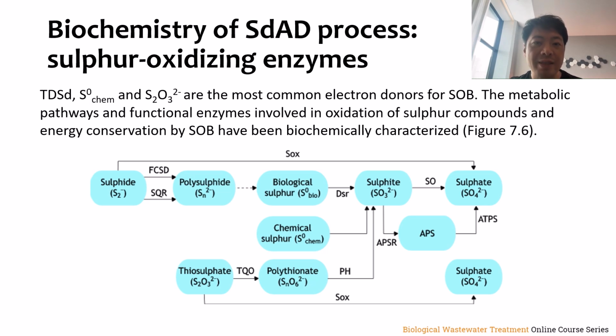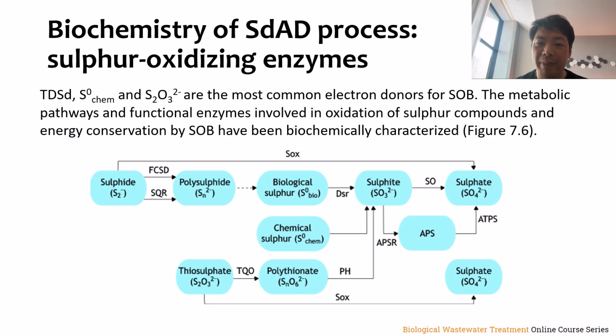The key pathways identified include the first one, the SOX-independent pathway, utilizing unique oxidase and hydrolase for oxidation of sulfide, elemental sulfur, and thiosulfate. Secondly, the tetrathionate pathway for thiosulfate oxidation is also shown in Figure 7.6. And the third pathway is